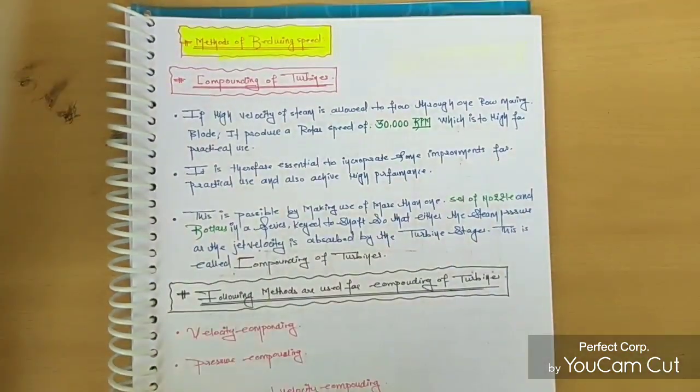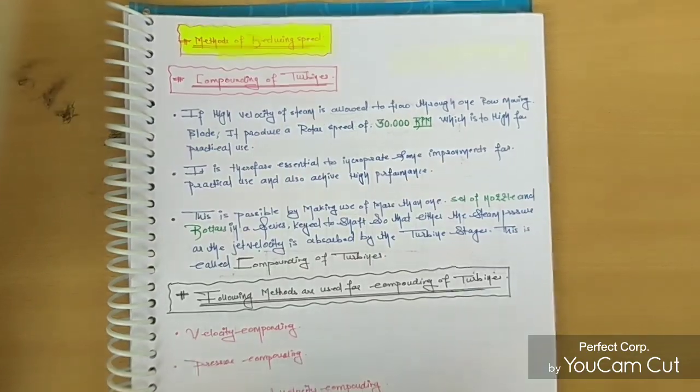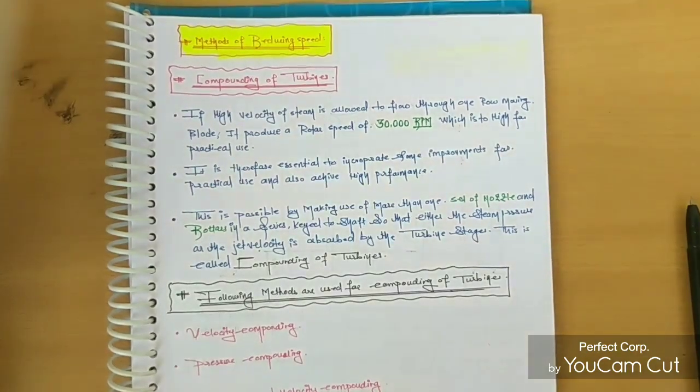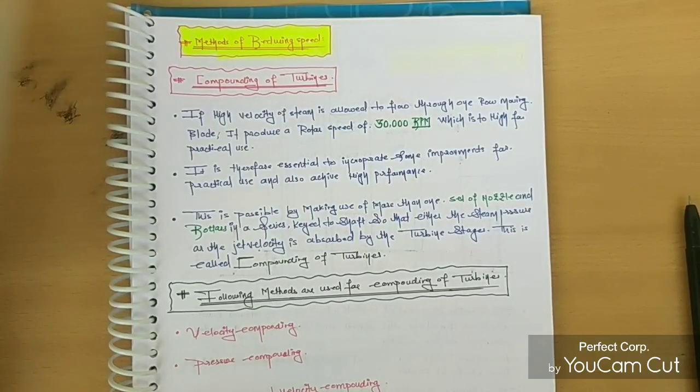Okay, these are the methods of reducing governing of turbines, which I will explain in the next video. Today's video is just an introduction to this topic, so I will not explain much in detail here. After that I will completely finish this topic in the next video: impulse turbine, velocity triangle, reaction turbines, velocity triangle, and numericals also, and lastly I will explain the heat factor and all those things.